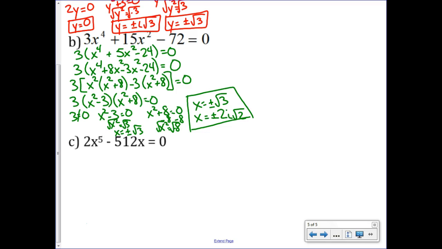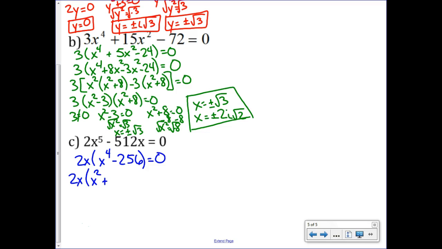Then I have 2x to the 5th minus 512x. So the first thing I notice is both of those are even, so I can at least take out a 2 there, and since 2 is the biggest number in this first one, that's all I can take out, and I can take an x out of each of them. So then I have x to the 4, and that's minus 256, and set that equal to 0. So now that looks to me like a difference of 2 squares, so I'm going to bring that 2x out front, and I have x squared plus, and the square root of 256